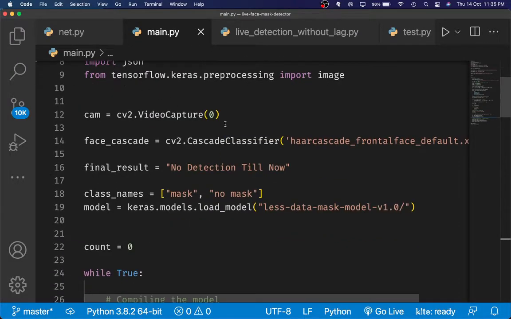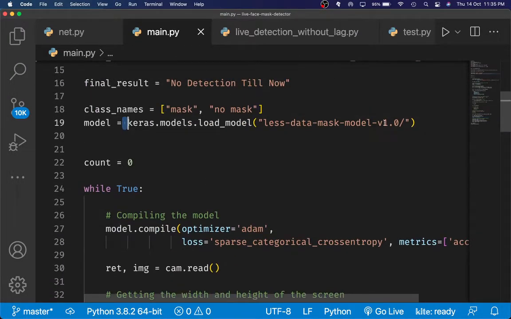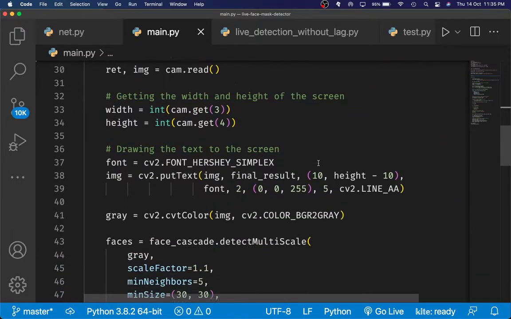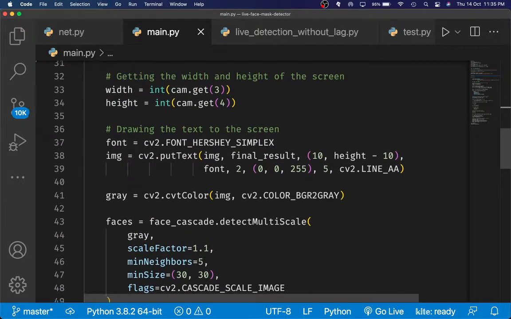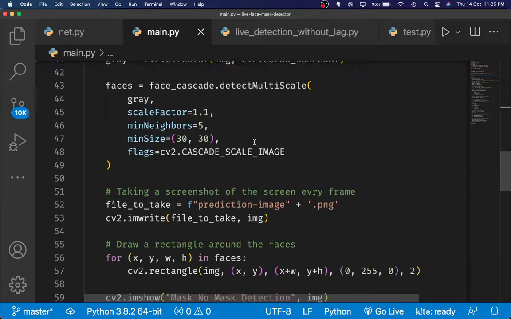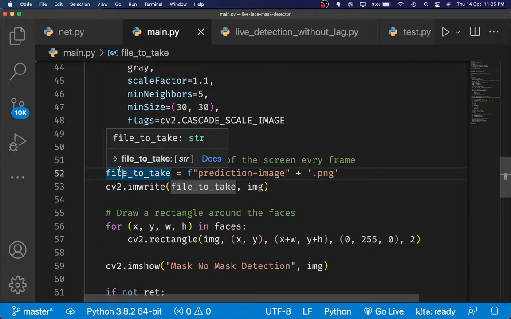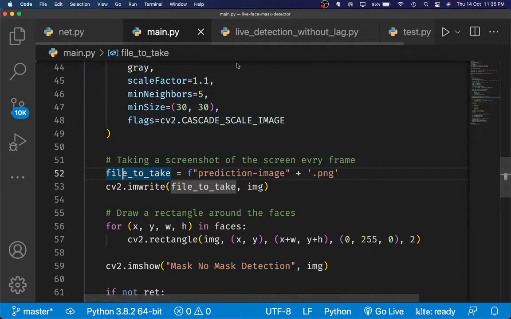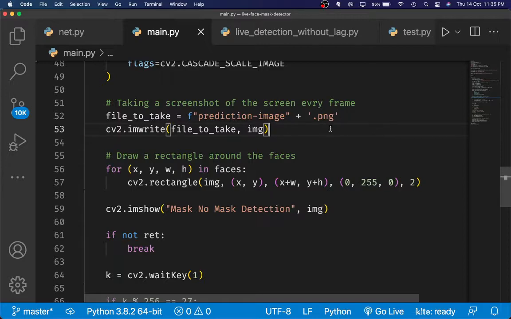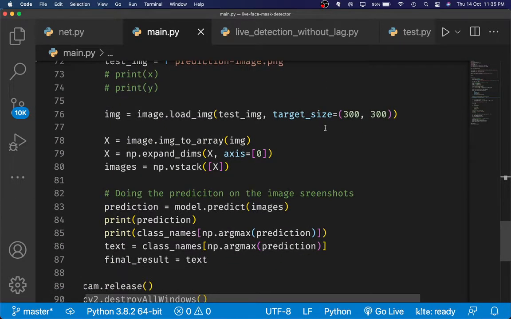So what I did was I loaded in the model, and then I took a screenshot every frame. When I say screenshot, I mean I grabbed the OpenCV screen, so even if I had a cursor on top of it, it wouldn't get detected. It would just take the frame and save it, and I would just cv2.imwrite it. And that's basically what I did. And what that led to was literally 2 frames per second.